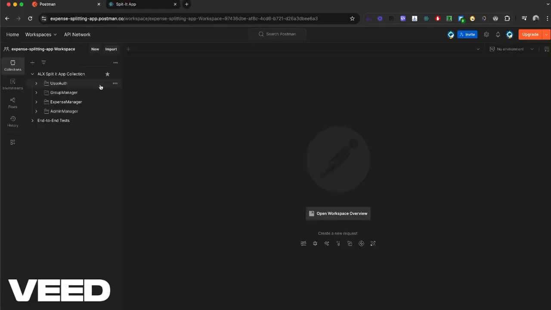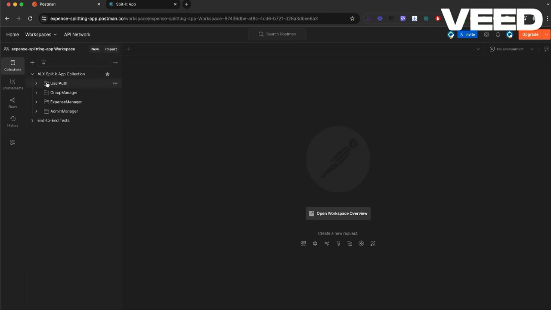And welcome. I'll just take you through quickly the back end endpoints that were created for the expense split app collection. We have the user auth, the group manager, the expense manager, and the admin manager. All of these have their own role. For the admin manager, obviously you cannot delete a user without having an admin role assigned to you, and we also have the revoke admin role if you are misusing it, and then the first admin